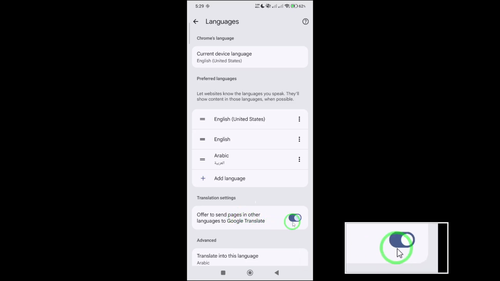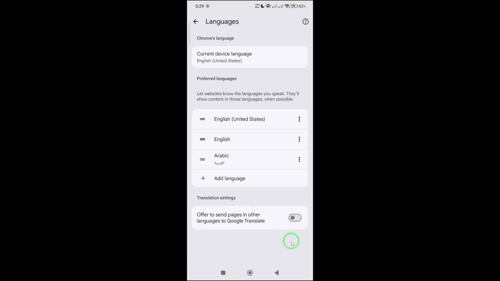Now simply toggle this feature off. When the switch turns gray, it means the option is disabled. From now on, Chrome won't automatically send or suggest pages for translation. You'll still be able to translate things manually whenever you choose, but the browser won't take over or prompt you unexpectedly. That's all there is